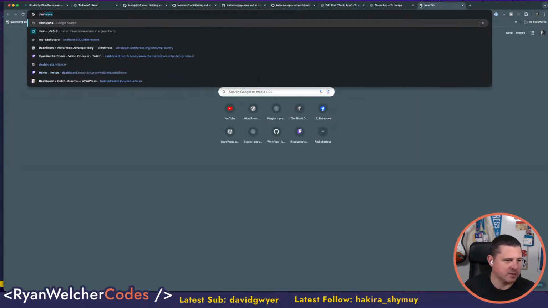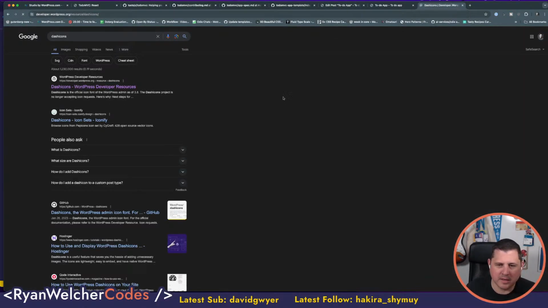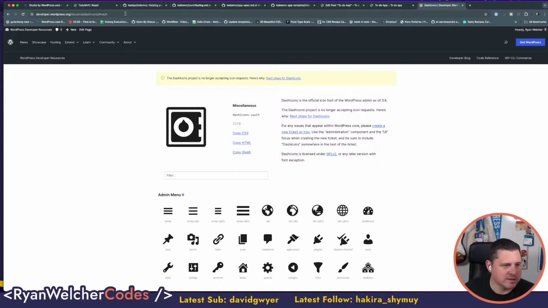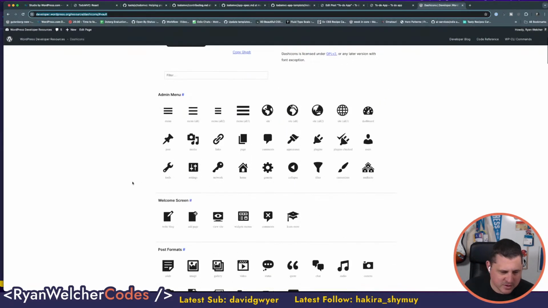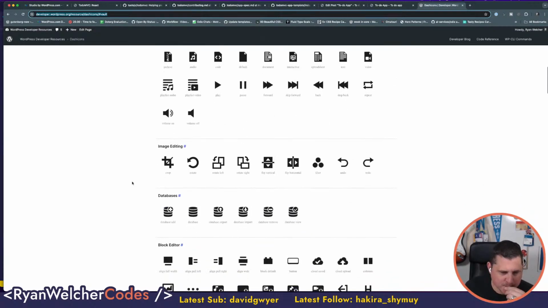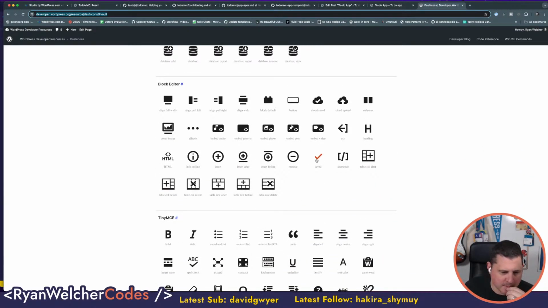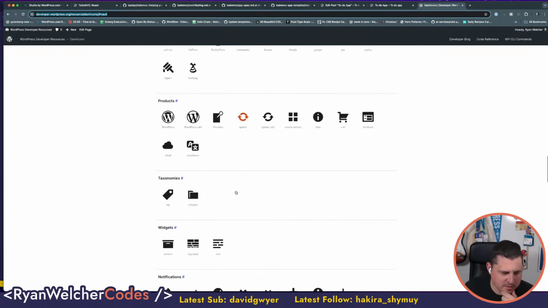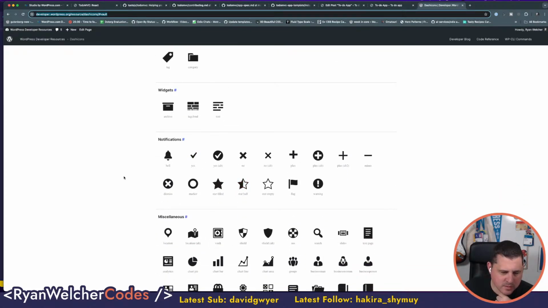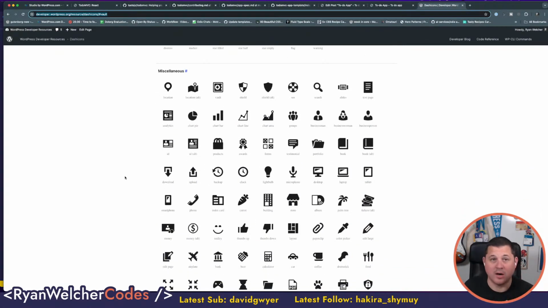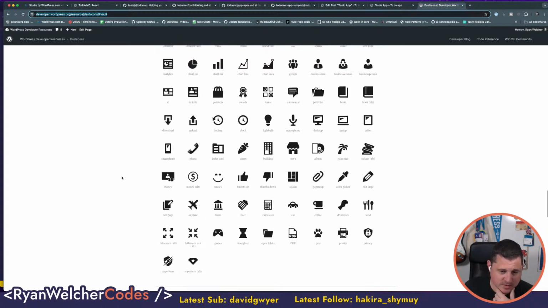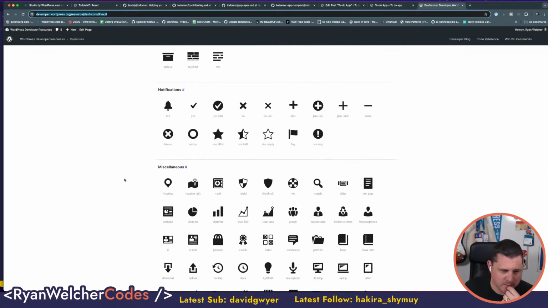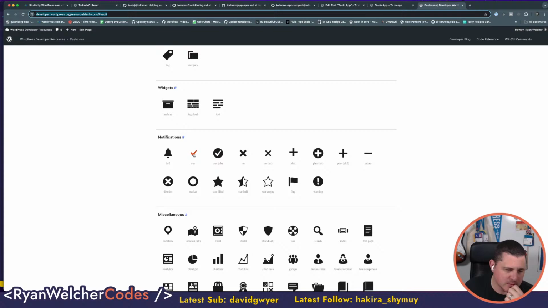What we're doing at Dashicons. I like Dashicons. I always use these for icons, because it's super easy. I want a checklist. Is there anything else? Any good icons that we can use? Now we don't need to use Dashicons. You can create an SVG or whatever you want to do there. But I think what I'm going to do is use